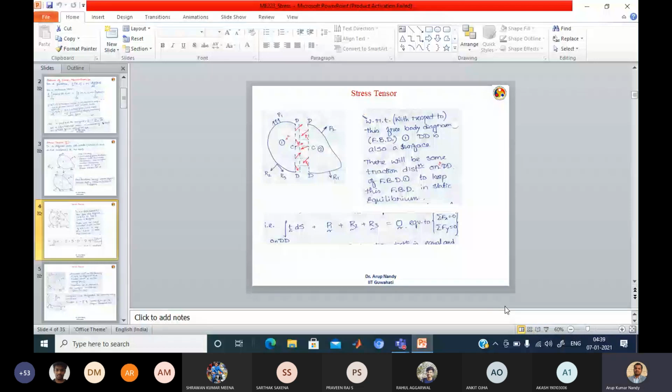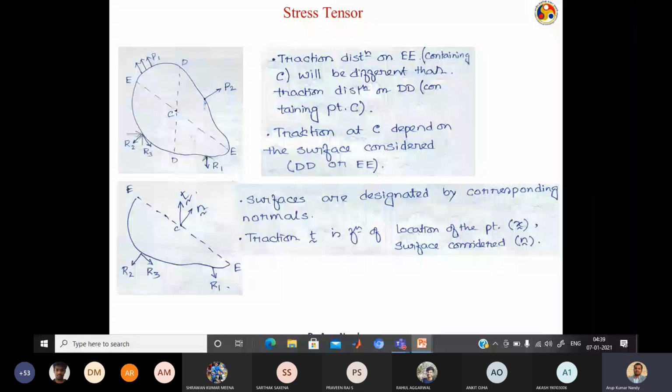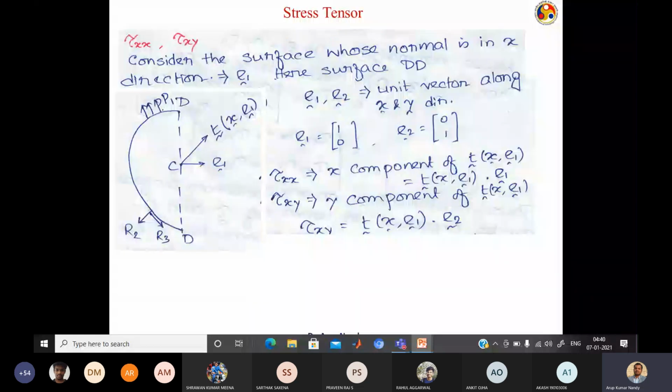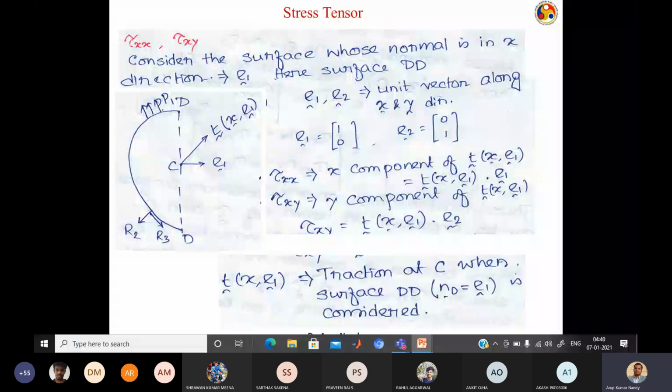So for stress at any point C, for the traction vector, we know that it is a function of the location of that point and the surface which is considered, and the normal to the surface denotes which surface we are considering. Therefore, this T is a function of x and n. Now, yesterday